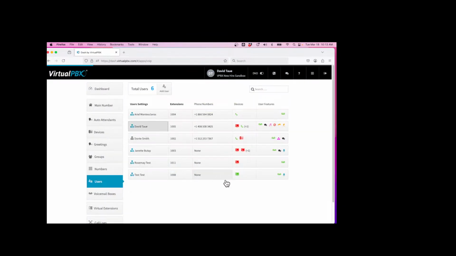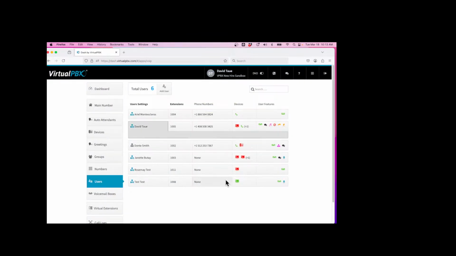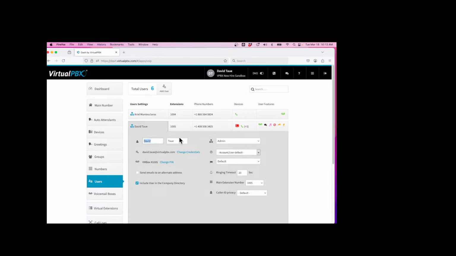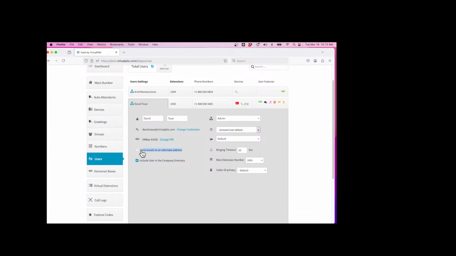Once a user is created, you can click on their name and you can adjust their name if you need to. Here's where you would adjust their email address or password if you need to update that. That also lets you send the password reset email directly to them. Here you can change the PIN number for their voicemail box. And then here's the option to send to an alternate address,